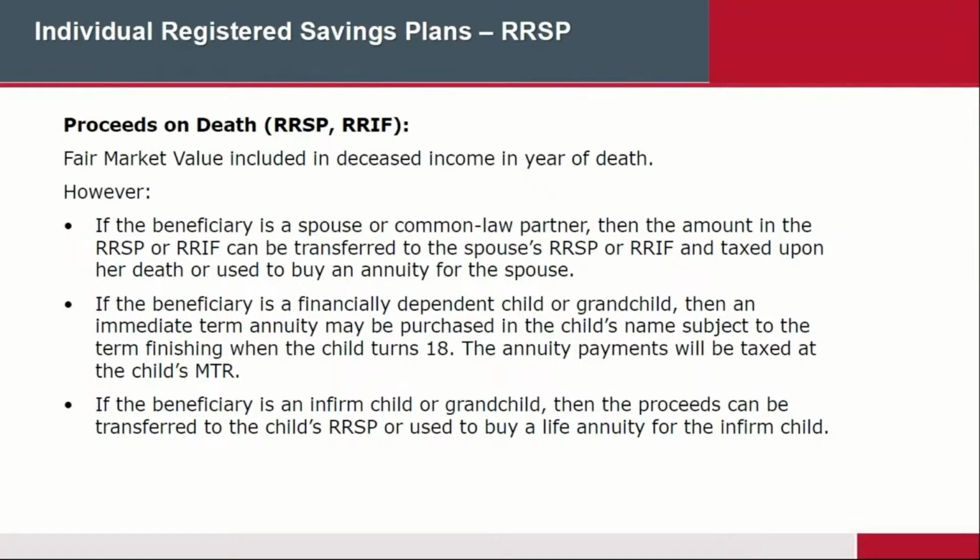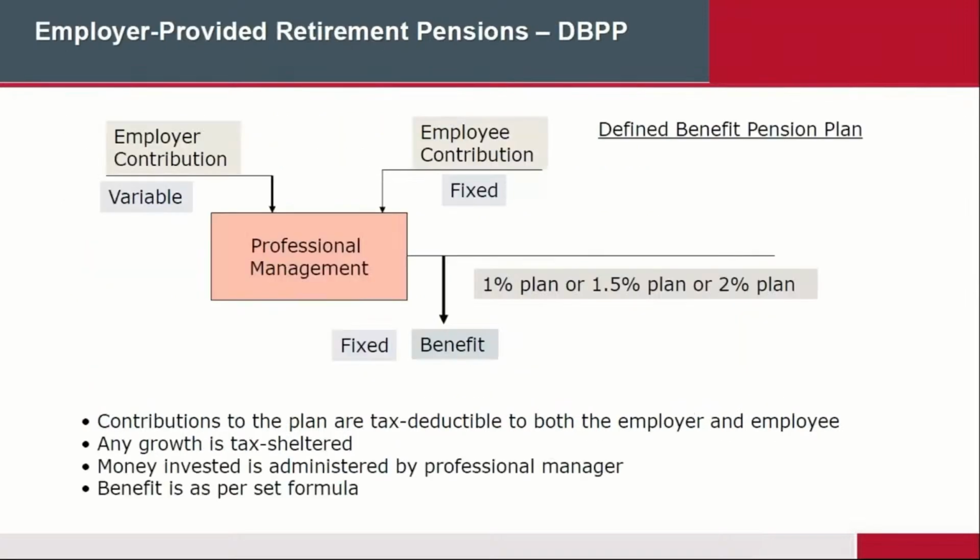So there are 3 exceptions to paying tax in a lump sum: spousal rollover, rollover to a child who's younger than 18, or rollover to a child that's older than age 18 but mentally or physically disabled. Those are 3 exceptions where the money can be rolled over on a tax-free basis, and tax will only be paid on money as received. That's all we're doing. Okay?